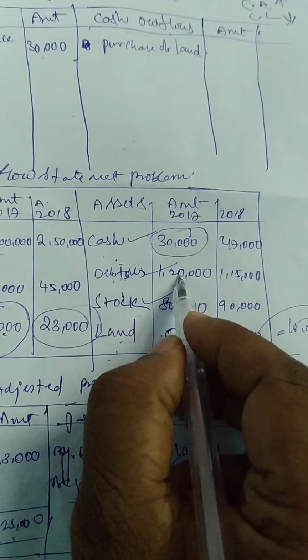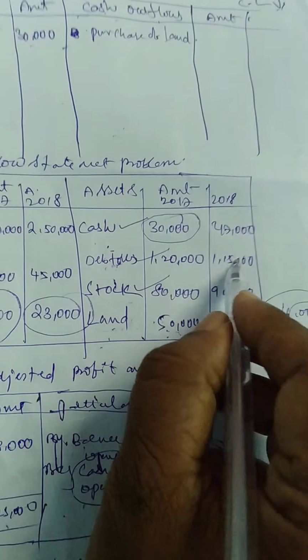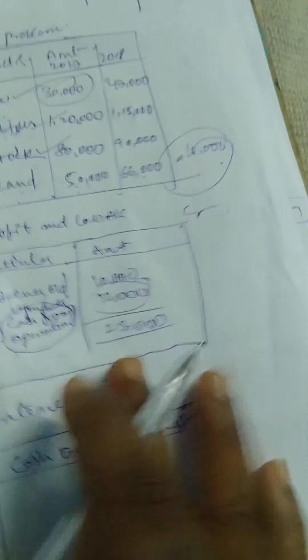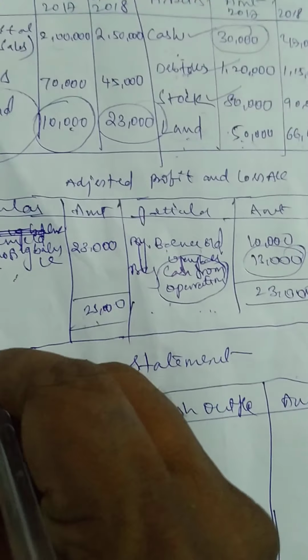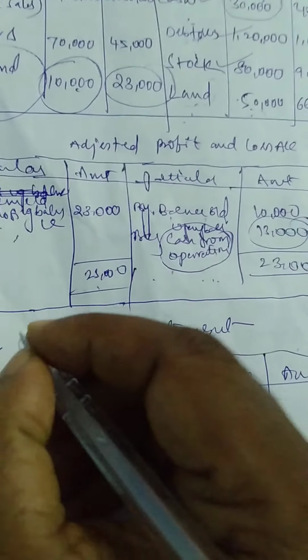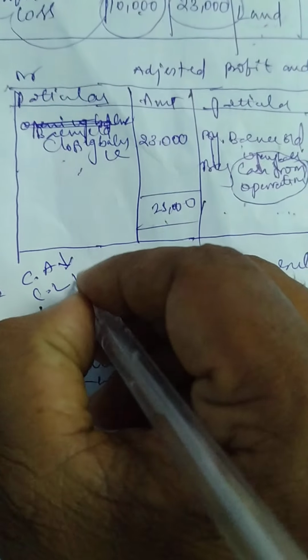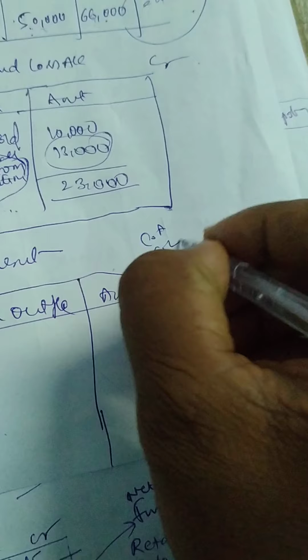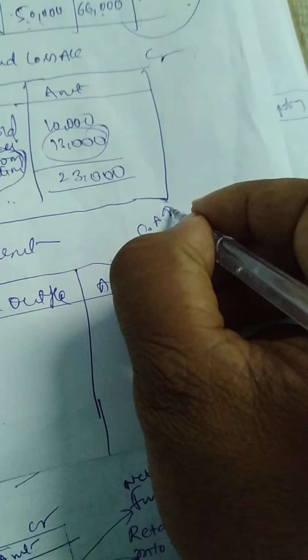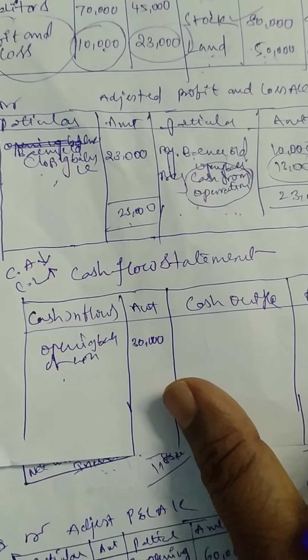Debtors in 2017 1,20,000, in 2018 1,50,000. Is it an increase or decrease? Then remember one more point I already said, here cash, current assets, current liabilities. Current assets decrease, current liabilities increase. Inside current assets and current liabilities, current assets increase, current liabilities decrease. Remember, quite opposite for current assets and current liabilities.